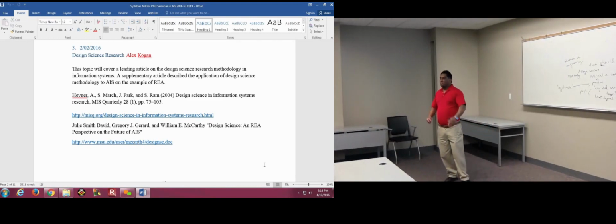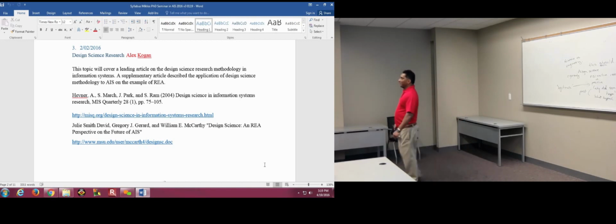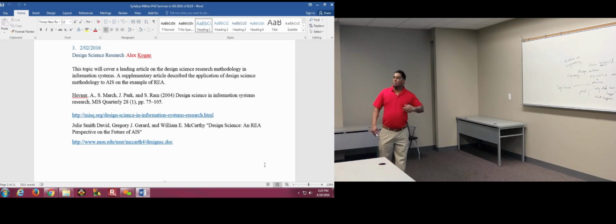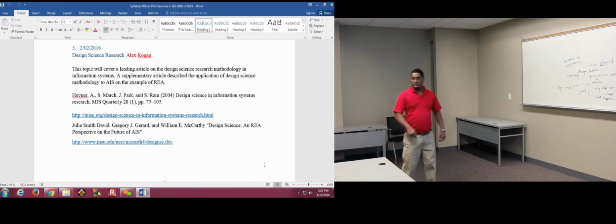And so if somebody writes and says, look, here is a better way of building a bridge to withstand an earthquake, that is considered legitimate research. But it is normative. And if they can do it, you should be able to do it too. That's really the argument for this notion of design science.